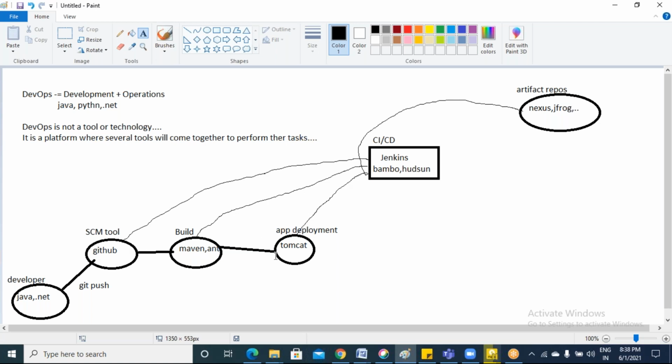That output will be deployed in Tomcat, and the same output will be stored in Nexus also, in your artifact repos. Why are we saving it? Suppose tomorrow, if I need some changes, what will I do? I will ask the developer to write the entire code, right? So instead of writing the entire code, we can just take that storage from here, ask the developer to do the changes here, and he will immediately do the changes.